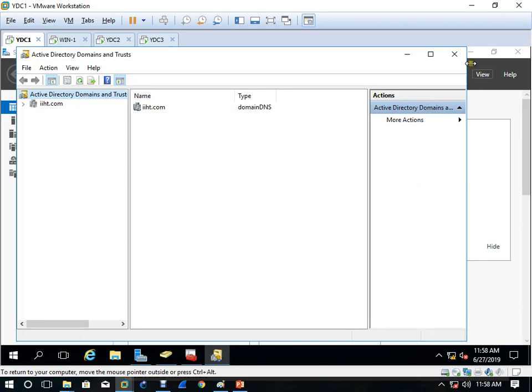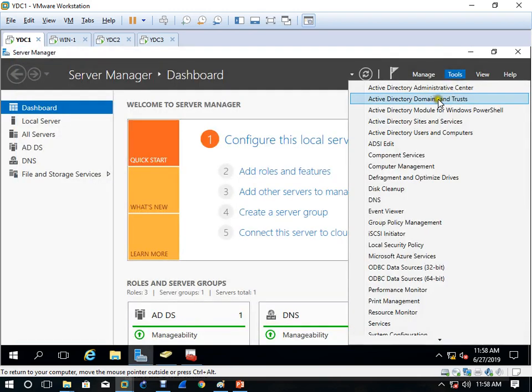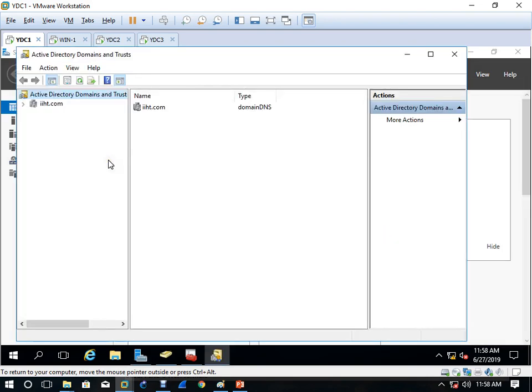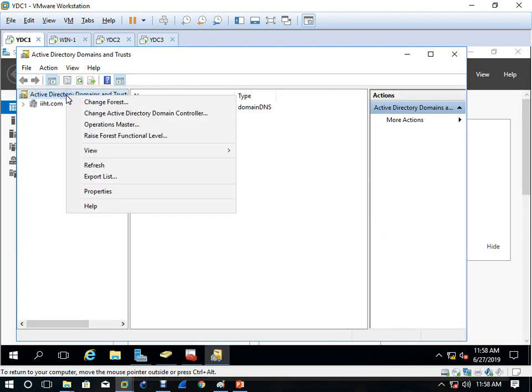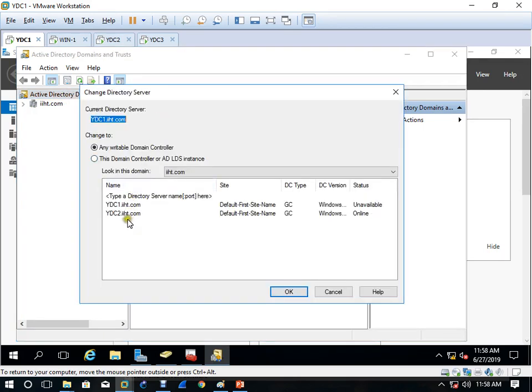So I'll come here, Tools, Active Directory Domains and Trusts. Right click, what is written here? Change Active Directory Domain Controller, not forest. With whom do you want to exchange? With two, right?